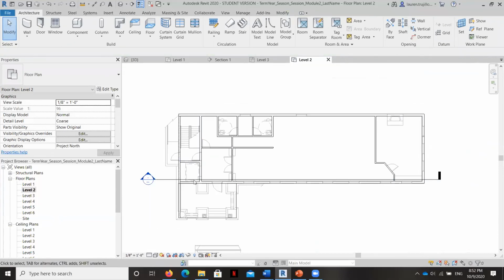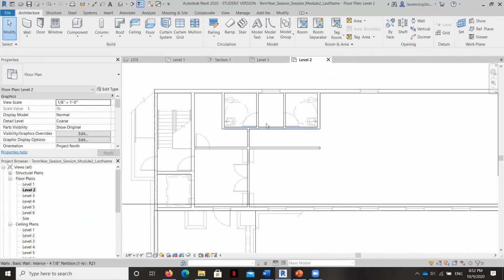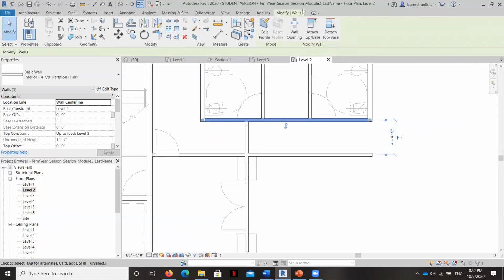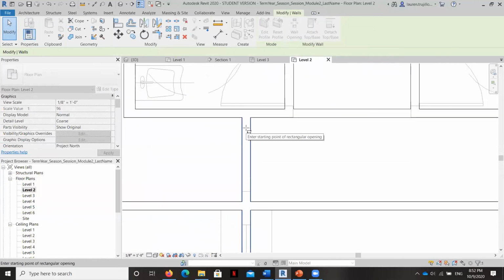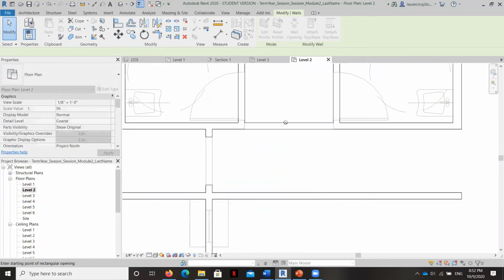Okay, so a couple of things before we move on. I want to draw your attention to the fact that there's 2 openings here, one here and one here. So these are not doors, but basically openings in the wall that one might pass through. So in order to create those, you're going to select the wall, and you're going to click on the wall and hit, let's see, why is it not letting me do it? Wall opening. Okay, so select the wall and then click start and then end. Okay, good. And then same thing here, wall opening.